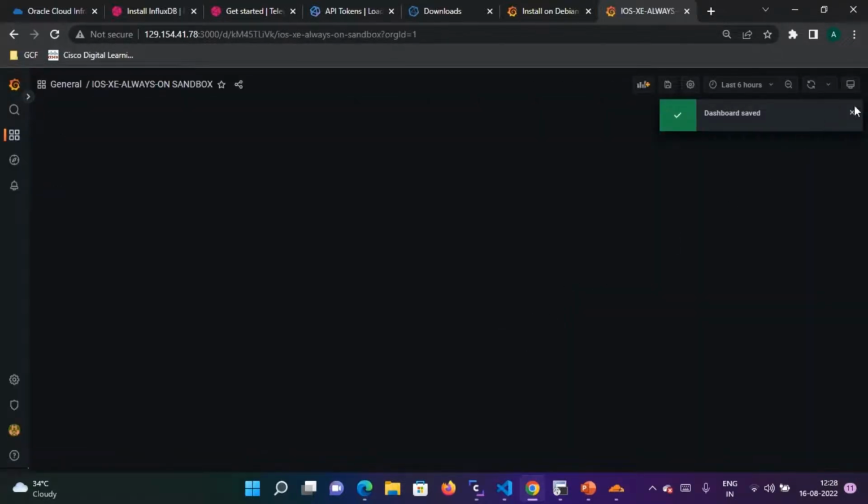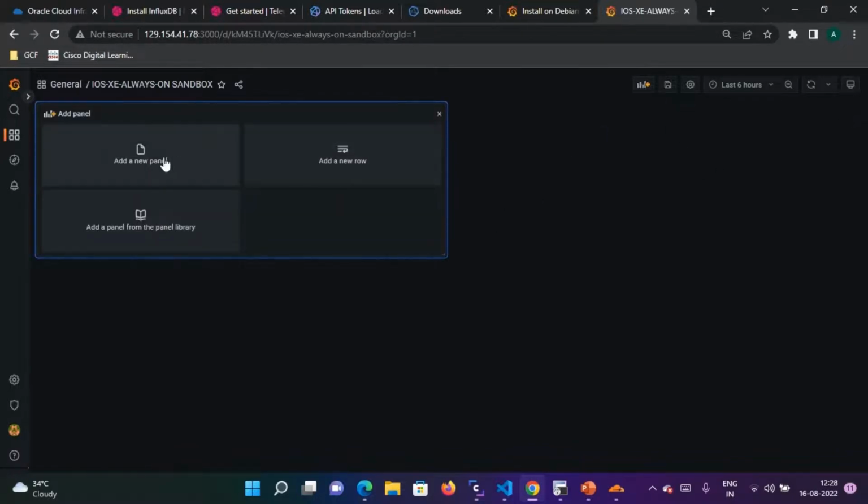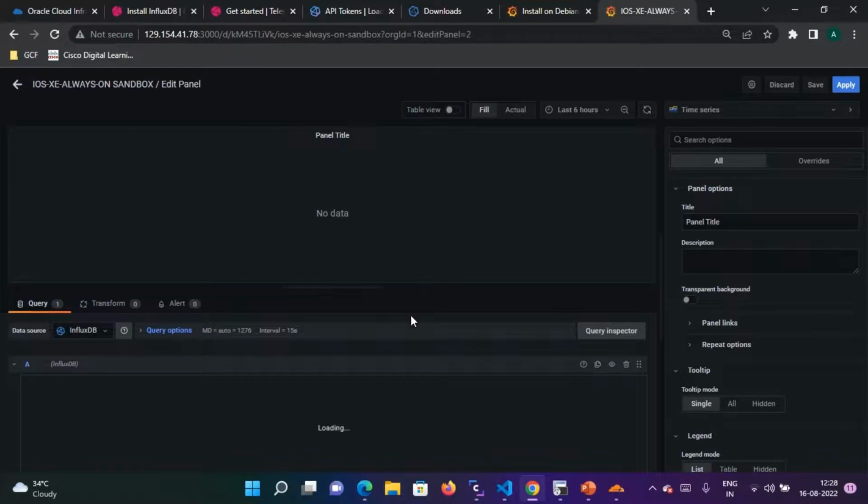And in this dashboard, we are going to add a new panel here, and we are going to name this panel CPU utilization, right? So this gives an overview of what we are going to visualize in this particular panel. This is the area where you would see the graph if we choose the right query in the bottom part of the